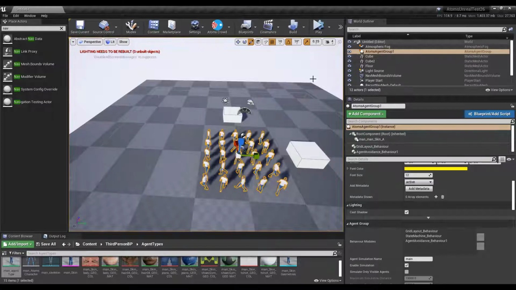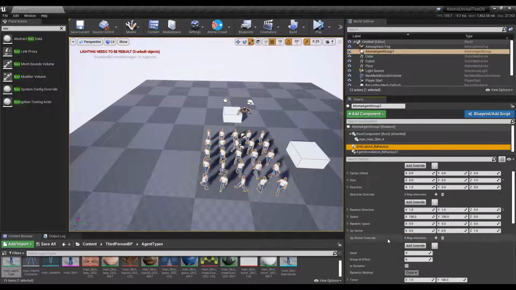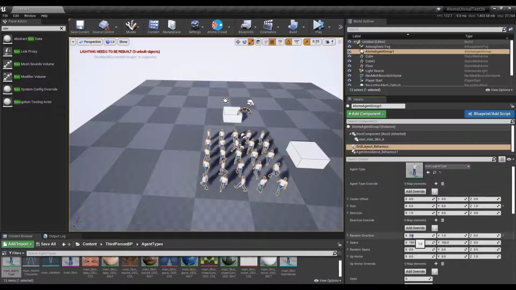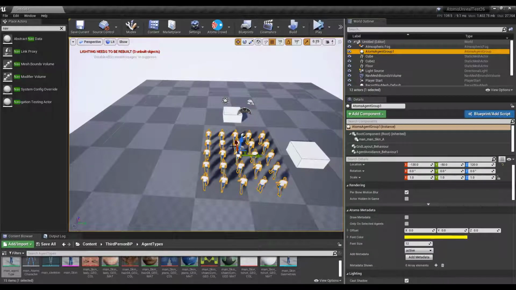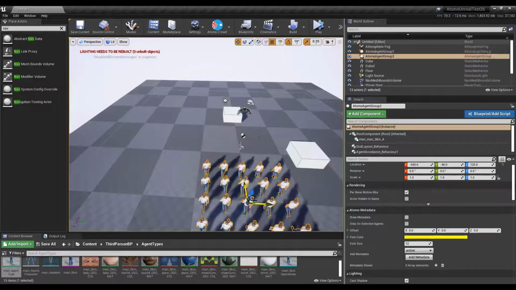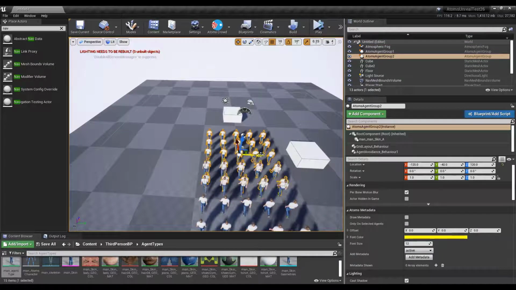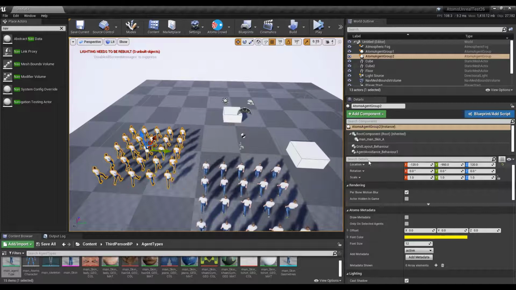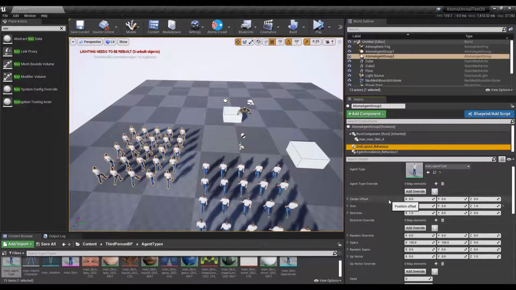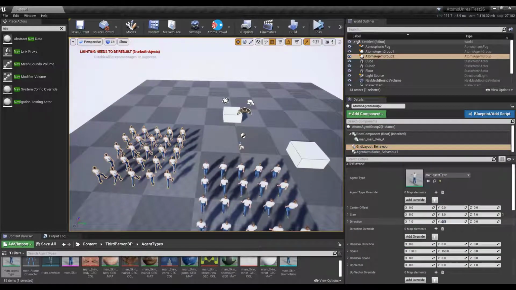Now let's have a look at the other agent group that you want to take into consideration for the avoidance. Let's go back to my grid layout. Let's remove the random direction, and let's move this one a bit. Let's duplicate this one and change the direction. Okay, if I now press play,